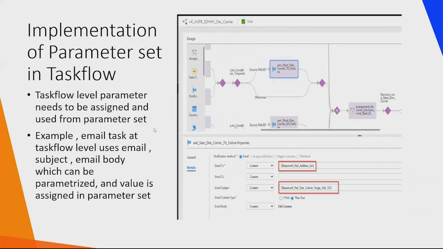So the parameter set is, as I said earlier, used to define any value for the parameter which has been used at the task flow level. One example would be the email task. Based on a certain condition, let's say we want some failure email or success email,